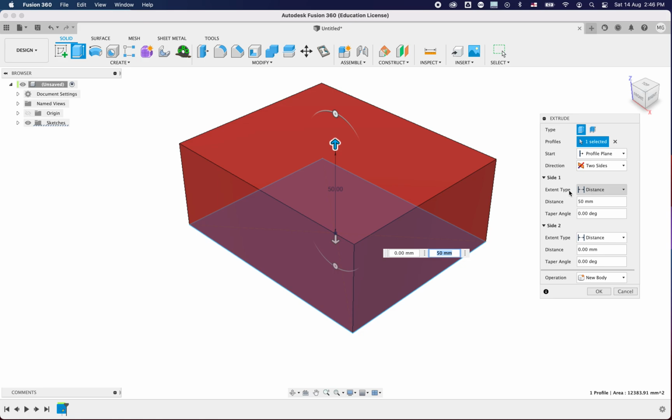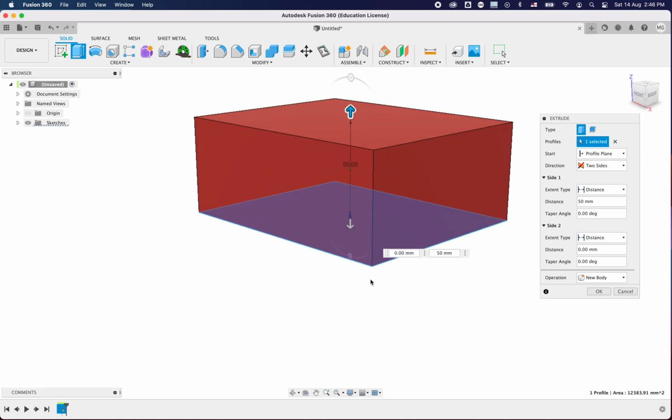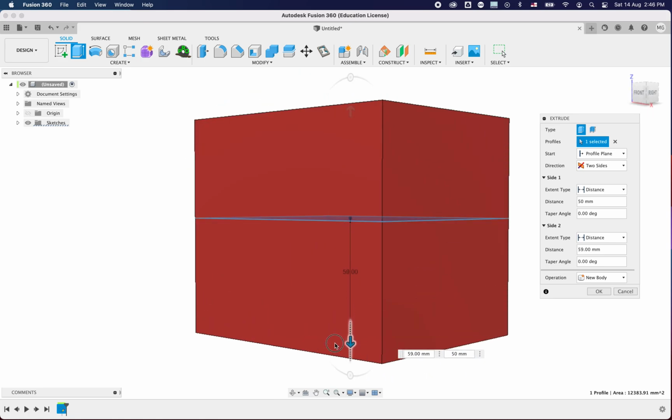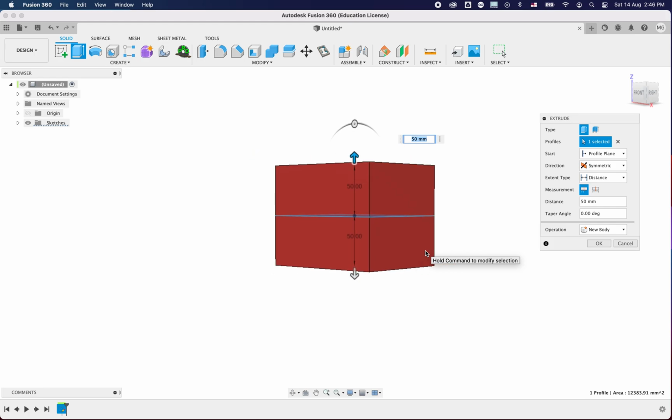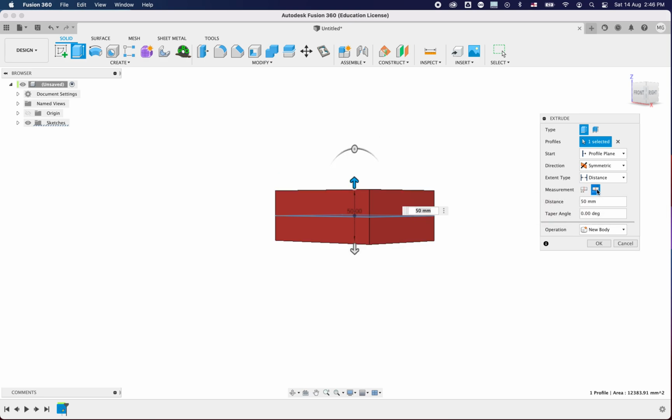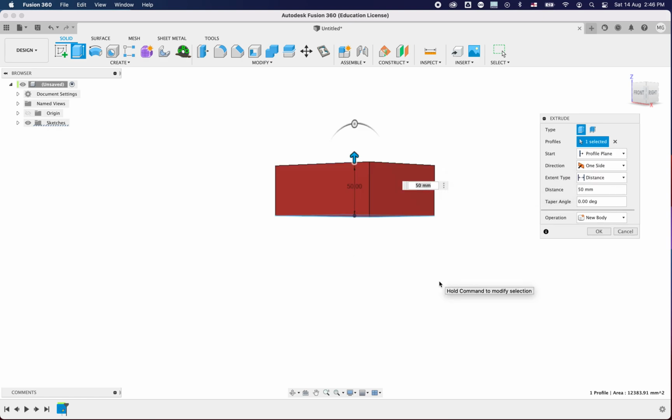If I go 2 sides, you can see that I have another arrow at the bottom, so I can extend that. And I can go symmetric, which means it's even on both sides of the sketch. And we can choose a distance, which is 50 mil on each side, or 50 mil across the whole length. What I want to do is have it one side,